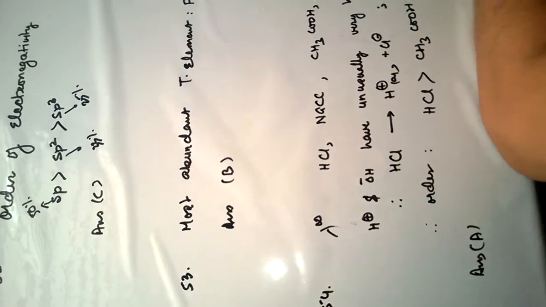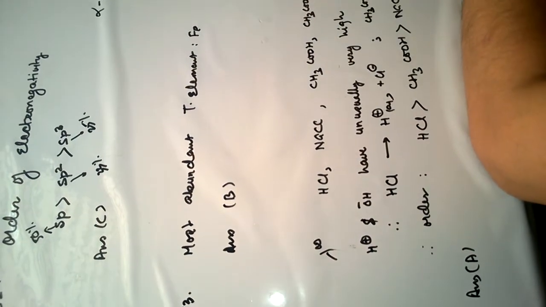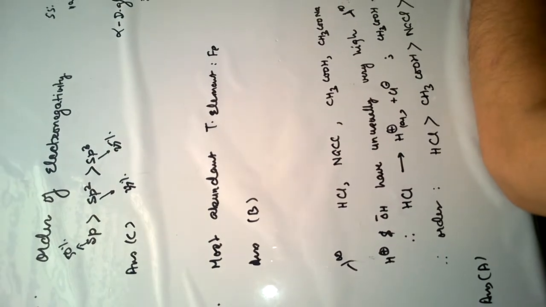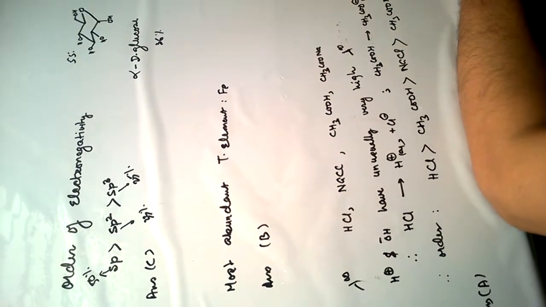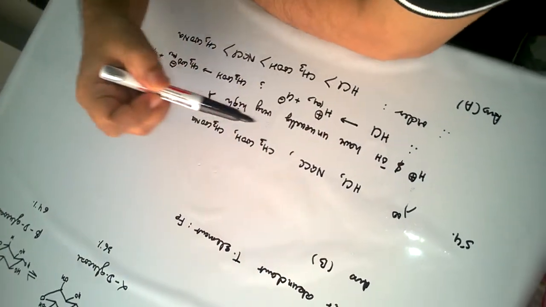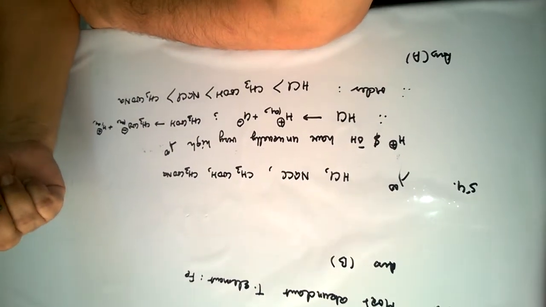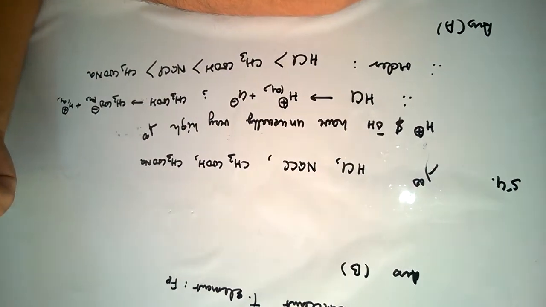Now in 54th question, it's a very good question. We have to arrange HCl, NaCl, acetic acid and sodium acetate, their limiting molar conductivities in decreasing order. Now what we find is that acids, HCl or acetic acid, they furnish H plus ion. Now H plus and OH minus have very high limiting molar conductivity. They have very high conductivity because their migrations are not similar to the migration of other cations or anions,